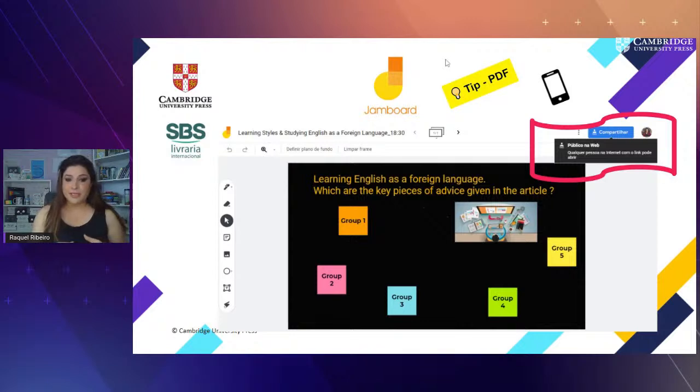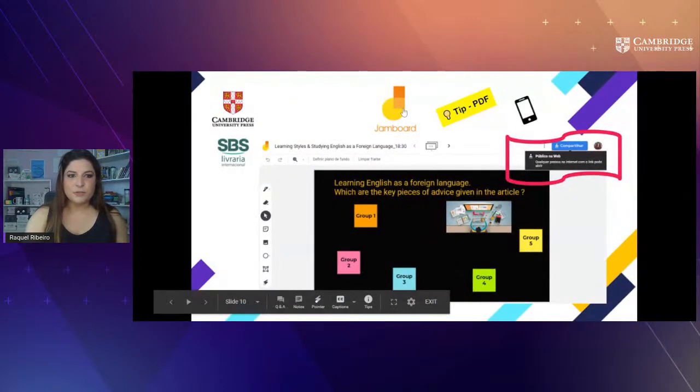It's possible to create Jamboards for the whole group, like this suggestion here, or maybe you create just one and multiply it by a number of groups. So it all depends on your purpose. Let me show you another thing about Jamboard. Let me share this with you.